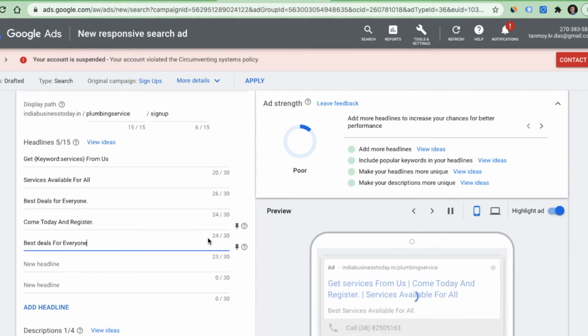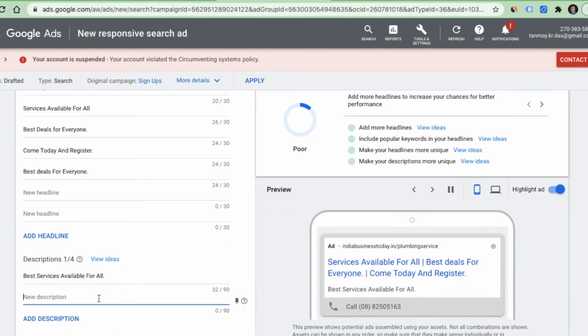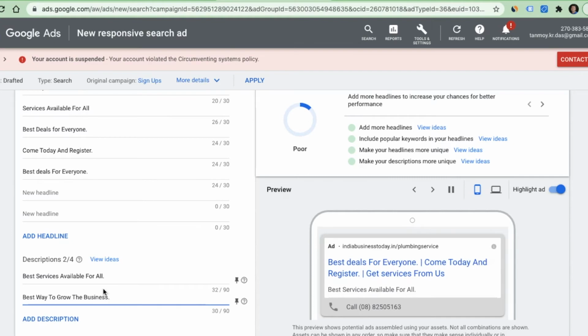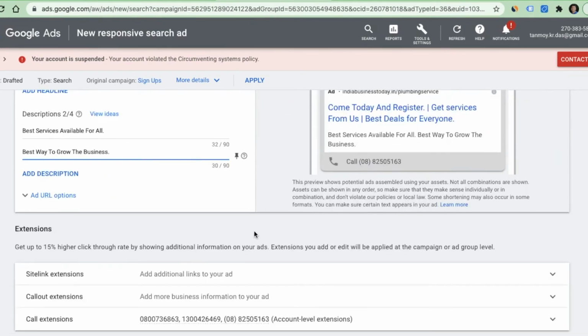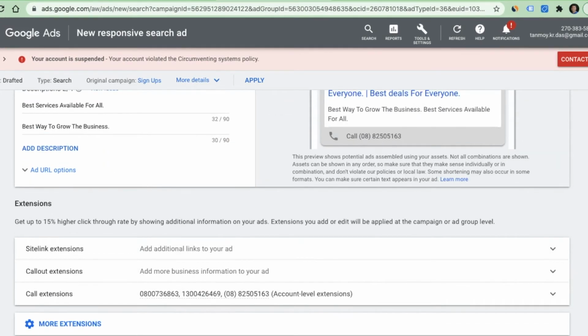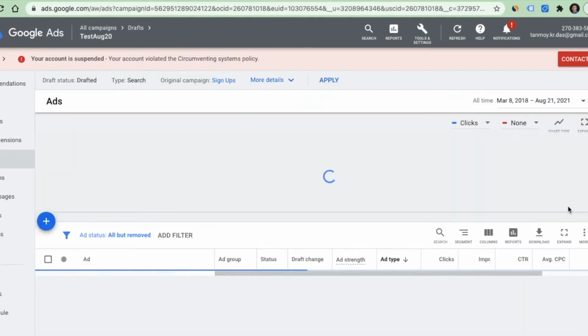So you can see I have given the headlines, and now we can give the description as well. So we have created the ad. So this becomes a new ad in this draft campaign.